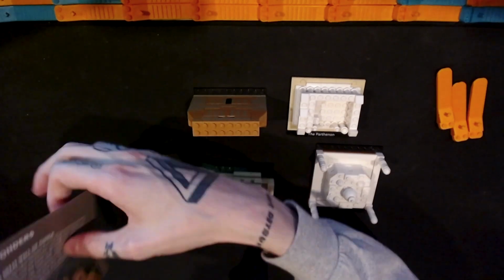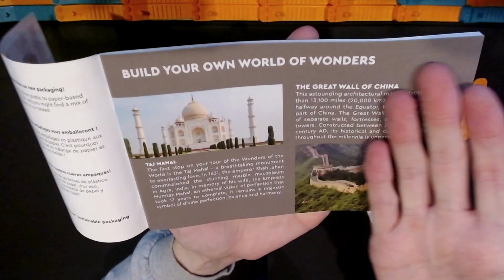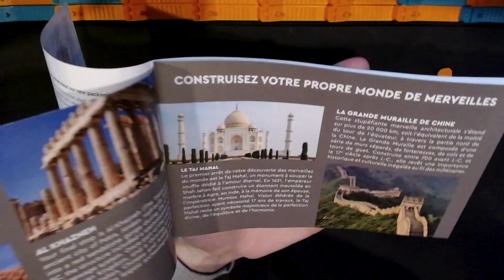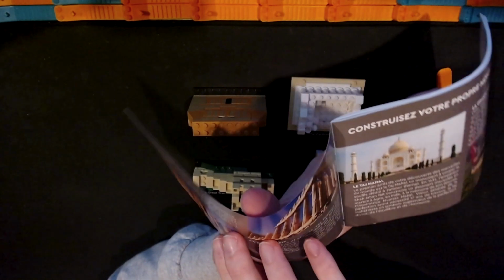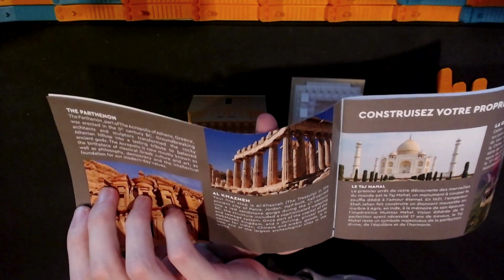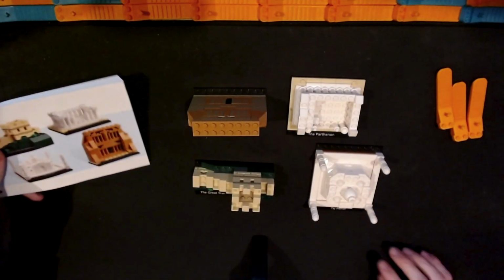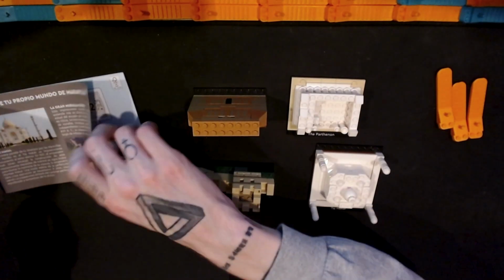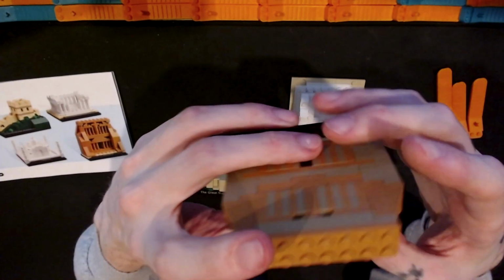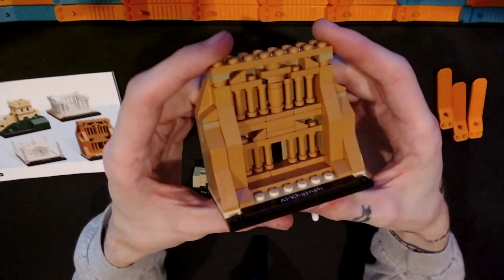If we look back at the instructions, build your own World of Wonders. We have the Taj Mahal, the Great Wall of China. We have the Parthenon, and we have Al-Khazneh, I believe, or the treasury it says here. So we will start with whatever one you build first, which I believe is the Al-Khazneh. This is part of Petra in Jordan,